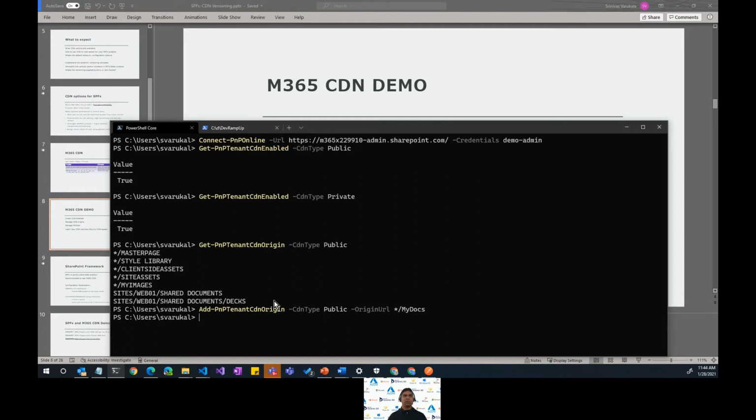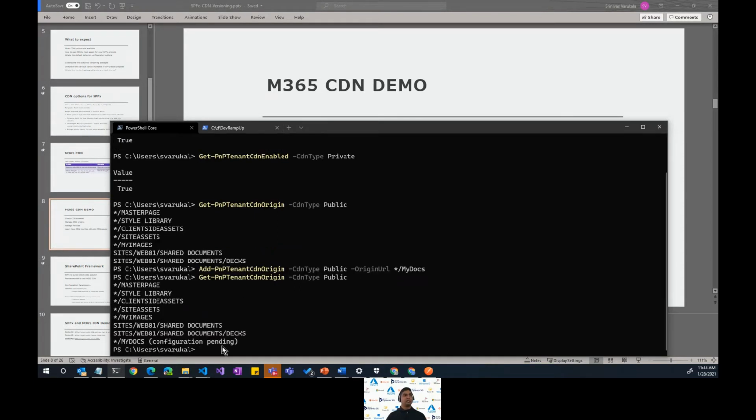Now if I go and retrieve the origins, you'll see my docs is added, and in the bracket you see configuration pending. What this means is it's still syncing behind the servers. Due to the cloud scale, it takes some time for it to propagate across all the servers. So it takes about 10 to 15 minutes before this gets propagated.